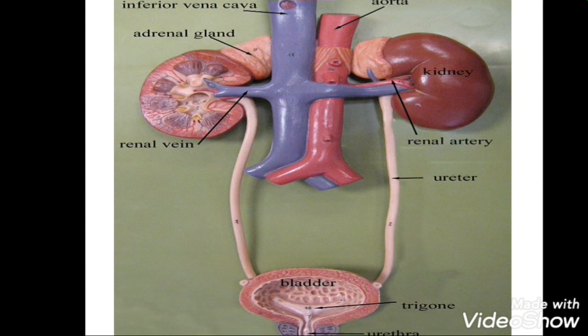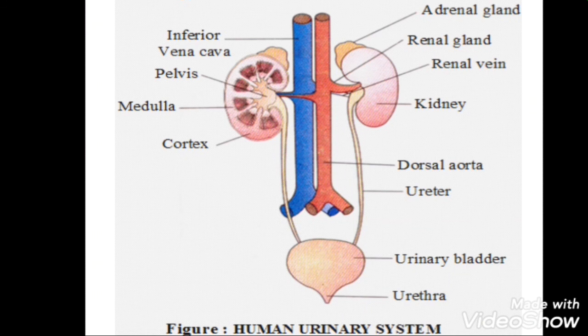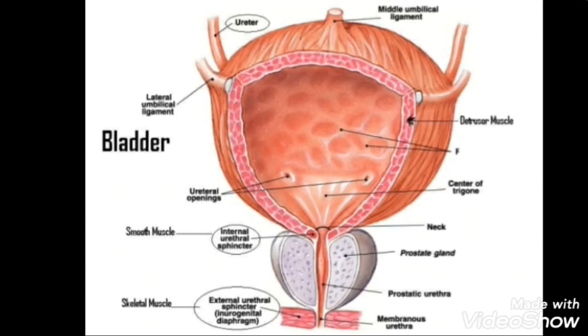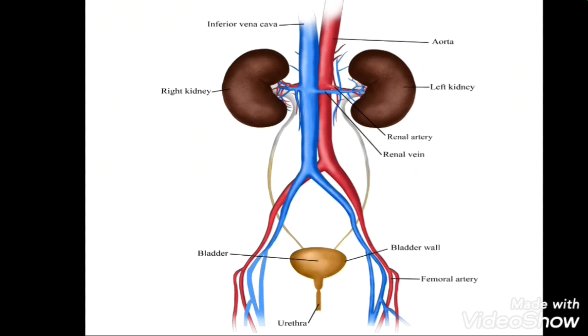Peristaltic movement is a rhythmic contraction and relaxation of the muscle. The ureters carry urine by peristaltic movement from the kidney to the urinary bladder. The urinary bladder is a sac-like structure which lies in the pelvic cavity of the abdomen. It stores urine temporarily. The urethra is a membranous tube which conducts urine to the exterior, to the outside. The urethral sphincters keep the urethra closed and open only at the time of micturition, which is otherwise known as urination.